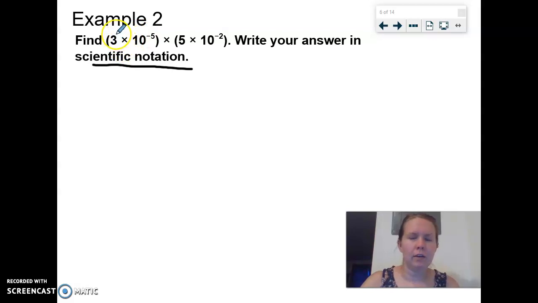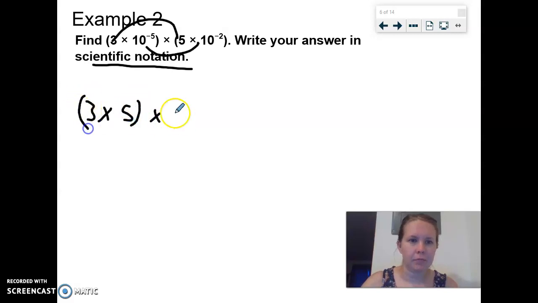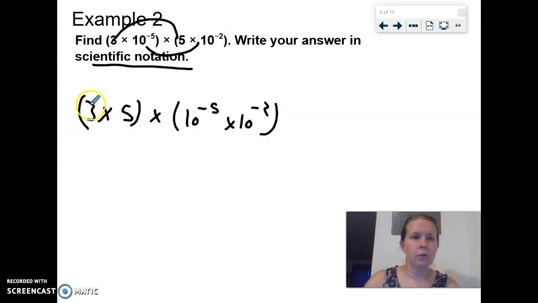In a way, you could kind of think about it as distributing, but we're not distributing both of these. What I'm doing is I'm just going to take the constants and multiply those, and I'm going to take the powers and multiply those. So it's going to look something kind of like this, 3 times 5, which is also then going to be times 10 to the negative fifth times 10 to the negative 2. So we know how to do 3 times 5. 3 times 5 is 15